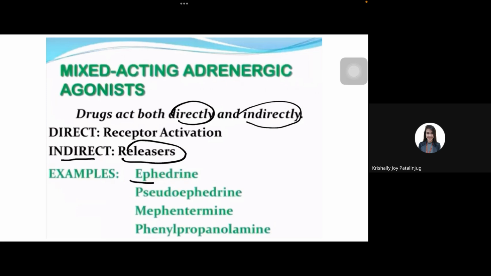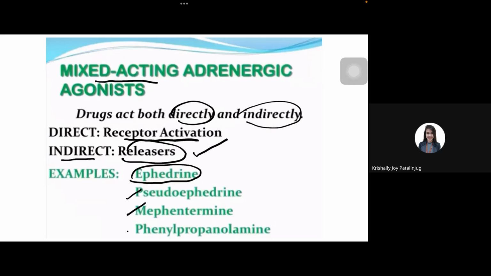So ito yon, si ephedrine pala, it is classified as mixed acting. So aside from being a releaser, nag-enhance ng release ng norepinephrine, it could also bind sa mismong receptor, activating that adrenergic receptor. And kindly add, we have pseudoephedrine, mephentermine,